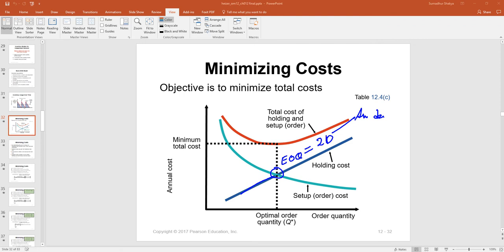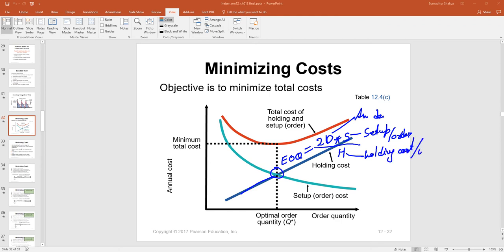Okay, 2 times D times S divided by H, where D is annual demand, S is setup cost or ordering cost per order. Okay, and H is holding cost